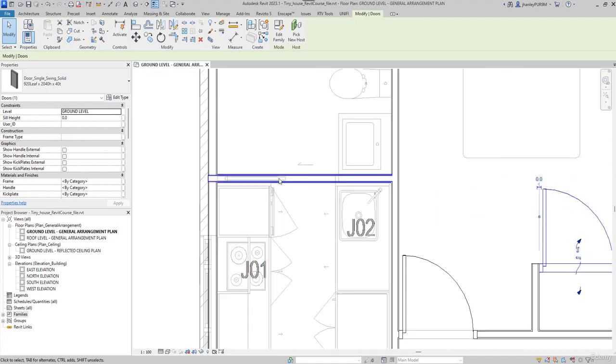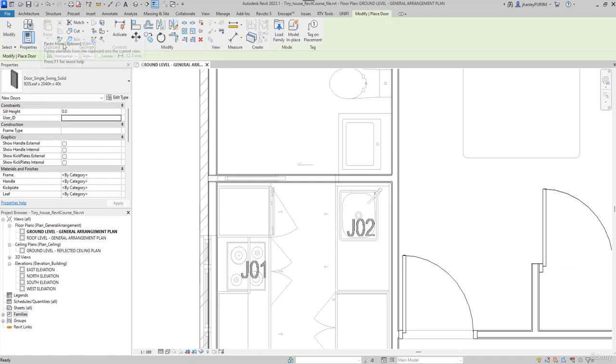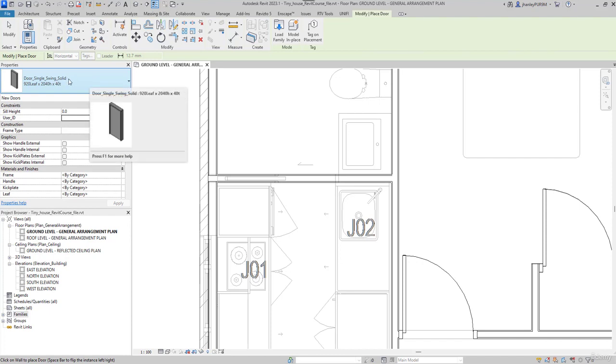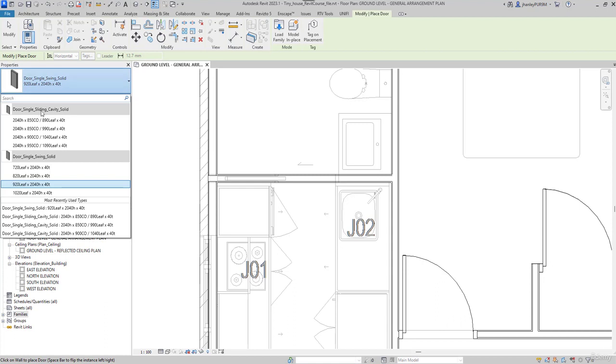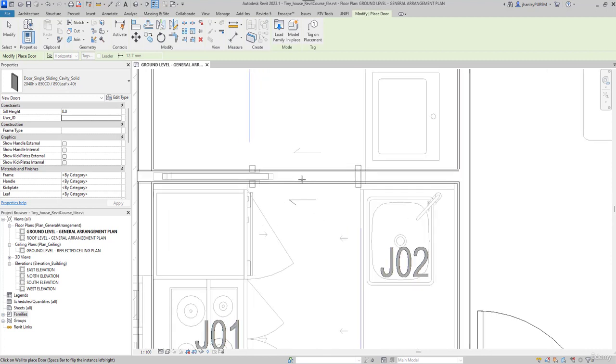Let's move up and look at this sliding door here between the kitchen and the bathroom. So again, let's go to our architecture tab, and on our build panel we'll select the door tool, or DR on your keyboard. From our type selector, we can see that our single swing door is still selected, which we no longer want. So let's click down and let's grab this 2040 high, 850 clear opening, single sliding cavity solid door. And let's hover over this wall here and let's place this somewhere. Let's zoom in a little bit. Again, you're never going to place a door accurately the first time, so it's okay. I'm going to place my door maybe roughly,